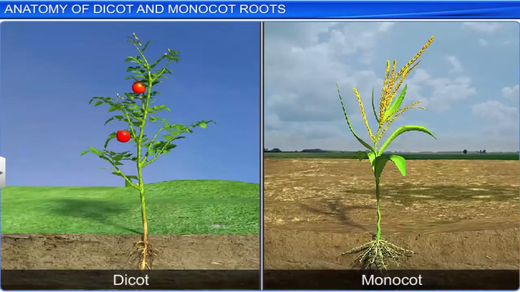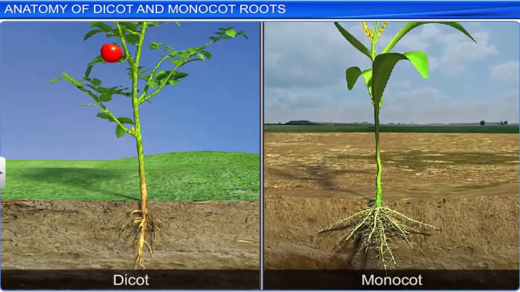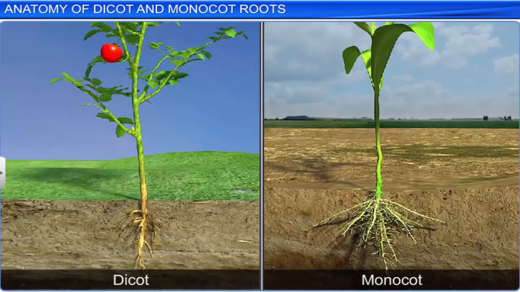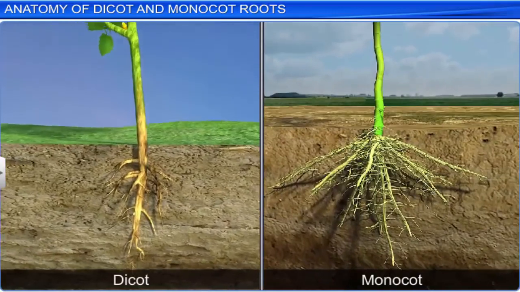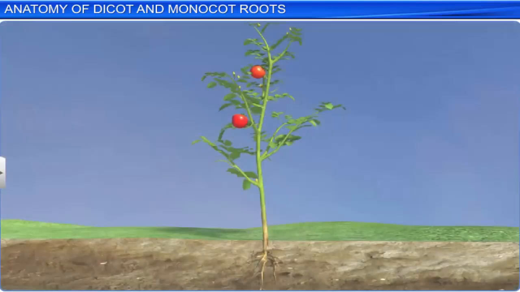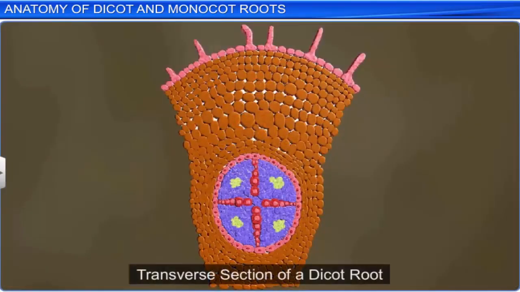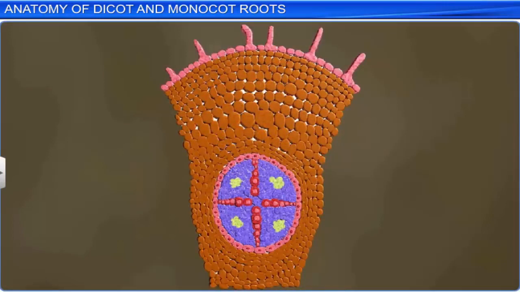The root is one of the key organs that helps distinguish between a dicot and a monocot plant. Let's observe the transverse section of the matured zone of roots to understand their internal structure. We'll begin by studying the anatomy of a dicot root. The outermost single-layered tissue of the dicot root is called the epidermis. On the epidermis, you will also find some extended epidermal cells, which are unicellular root hairs.